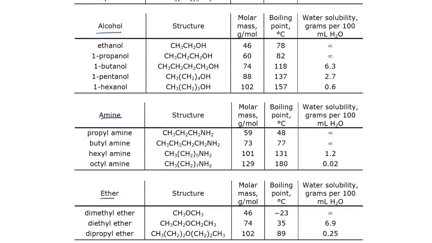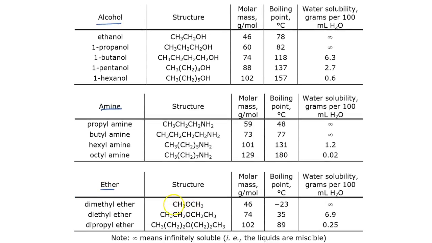When I look at the ethers, this O is connected to the C before it and the C after it, and O only has 2 bonds. So there's no H connected to O in ethers. If you're not seeing that, you can write out the whole structure like CH3, and then the O, and then the CH3, like so. Which shows you that the O is connected just to carbons and not to any hydrogens. Okay?